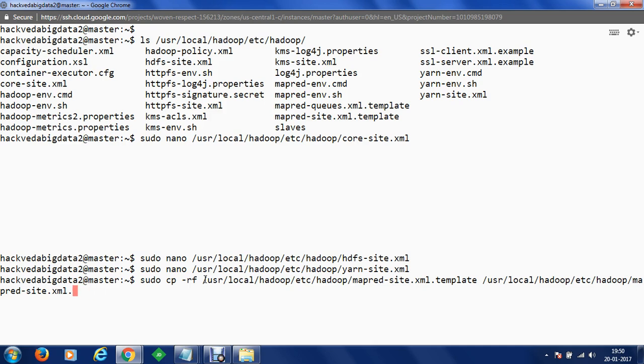So what we are trying to do is copy the template file into a mapred-site.xml.